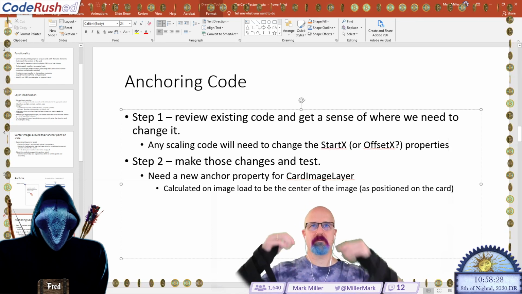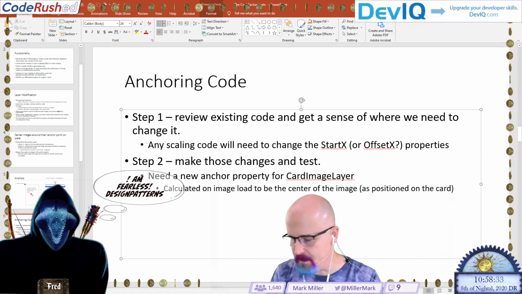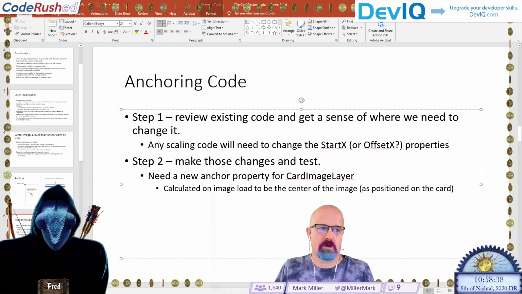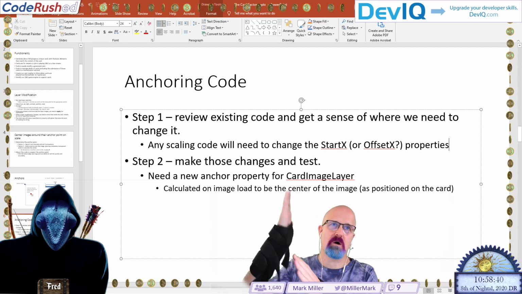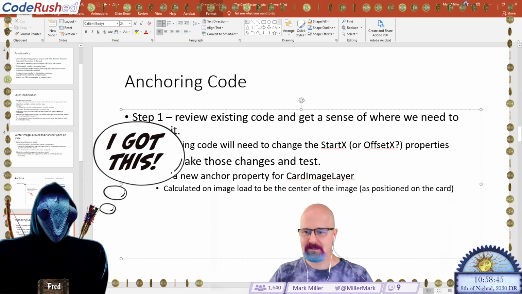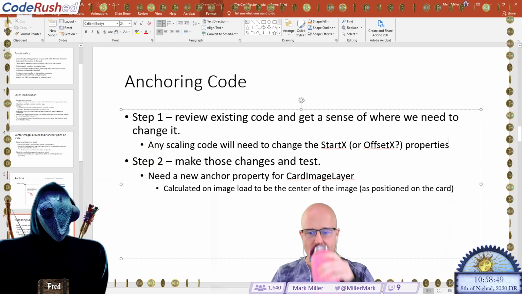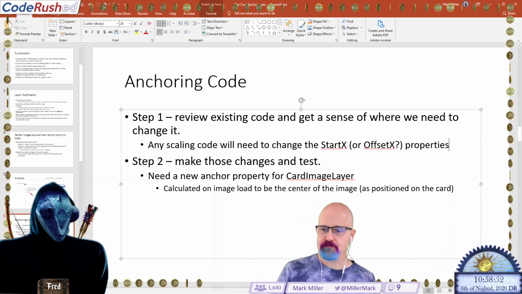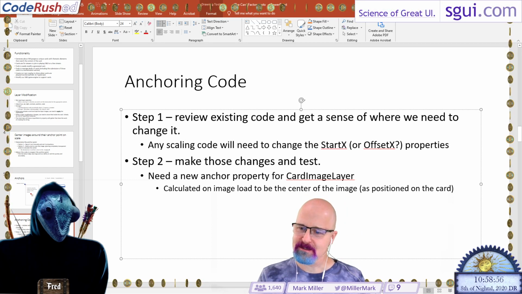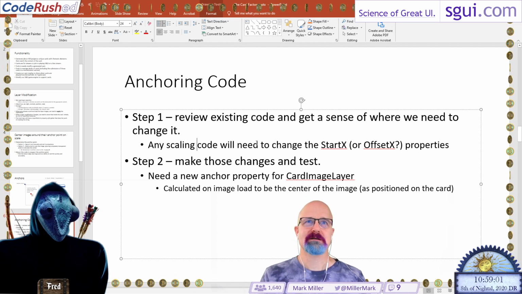So when we scale it, we're going to need to move where it actually is positioned on the canvas, because the canvas, drawing of images, is always anchored to upper left. I'm pretty sure. I don't think there's any abstraction. So Fred says I got this. Jen7 says design patterns remember, and I don't think really we're not sure what we need to remember. I feel like maybe we've forgotten it. So any scaling code